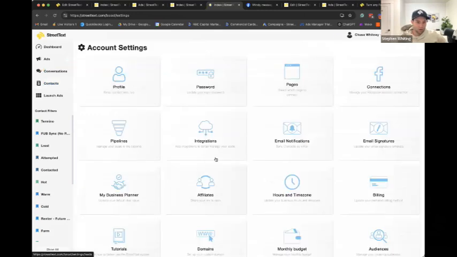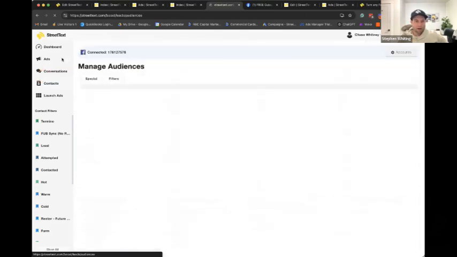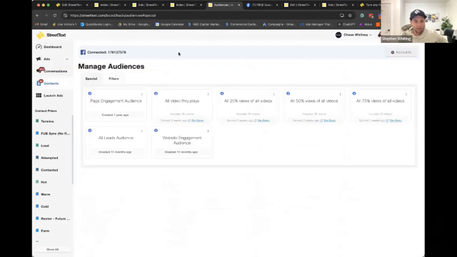In addition to the filters for anything, we also have some big filters that are pre-made for you, and he's already created all these. For example, if you wanted to target everybody that is ever in your leads list, like remember, he shows his testimonial ads to his all leads list. He just clicks this button once, and now everybody that's ever been a lead for him he can use on Facebook. If you've got a website and you want to show ads to people that ever visit your website or check out a property, or maybe you met them at an open house and they checked you out later, you just click this button once.